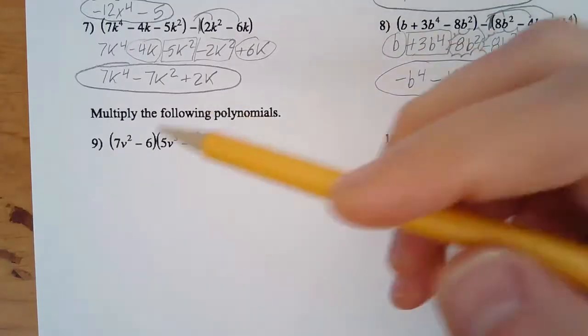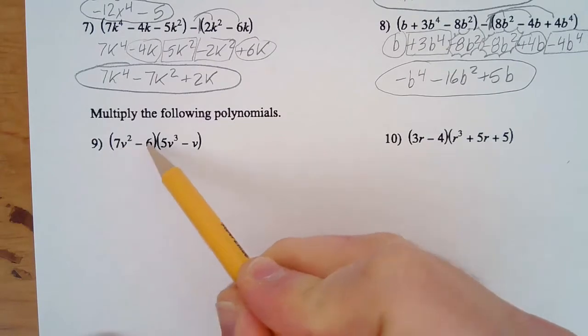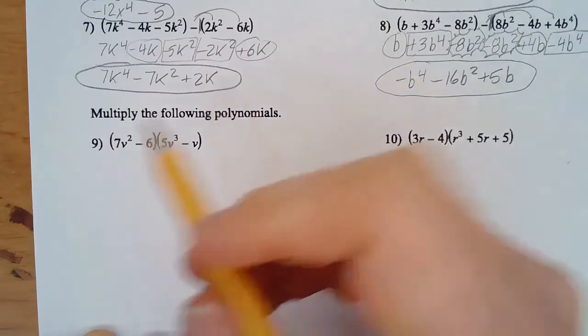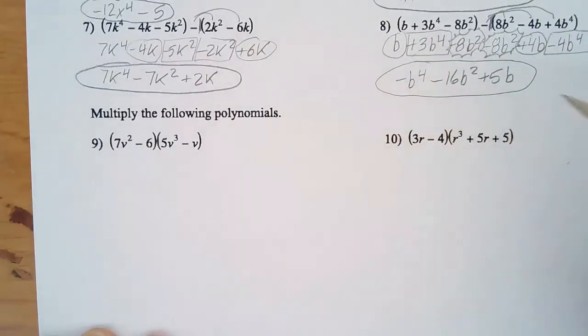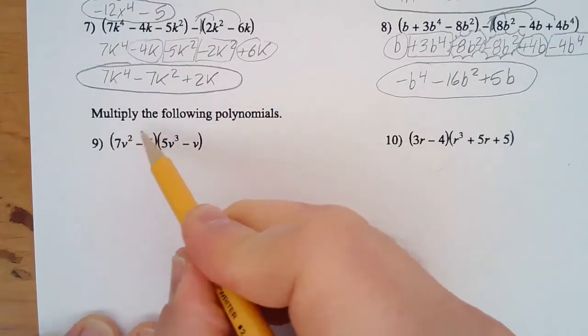So this is kind of like FOIL. This actually is FOIL on number 9. It gets a little bit different on number 10. Basically, when you multiply polynomials, each term within each set of parentheses has to be multiplied by each term in the other set of parentheses. There's a couple different ways I'm going to show you how to do this. I'm going to do 9 and 10 a little differently. 9, I'm just going to use FOIL